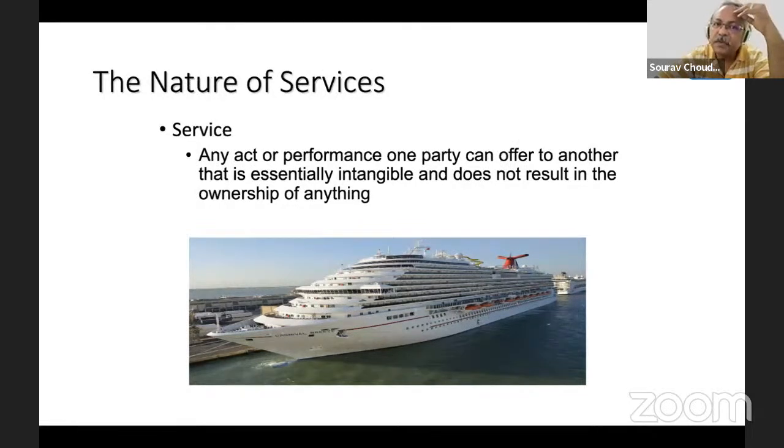So the first thing, yaad rakho, services are not transferable. Goods are transferable. You transfer the risk of the goods from the manufacturer to the distributor to the retailer and to finally to the consumer. आपने suppose एक मोबाइल फोन खरीदा सैमसंग का, सैमसंग ने मैन्युफैक्चर किया, उसने अपने डिस्ट्रीब्यूटर को दिया, डिस्ट्रीब्यूटर had taken the risk and transferred the risk from the company. Once he has paid for the product, all products, liabilities and risks are taken by that organization, distributor. Once the distributor sells it to the retailer, retailer has paid to the distributor, all the risk and liabilities are taken up by the